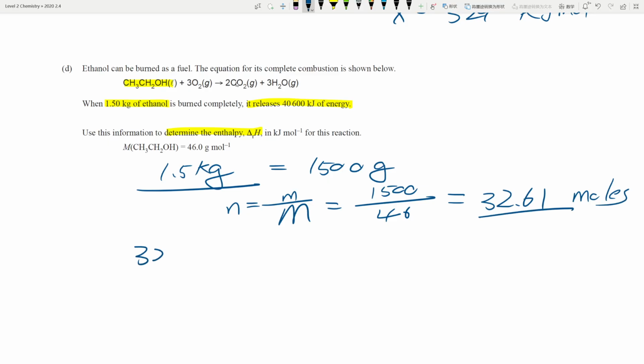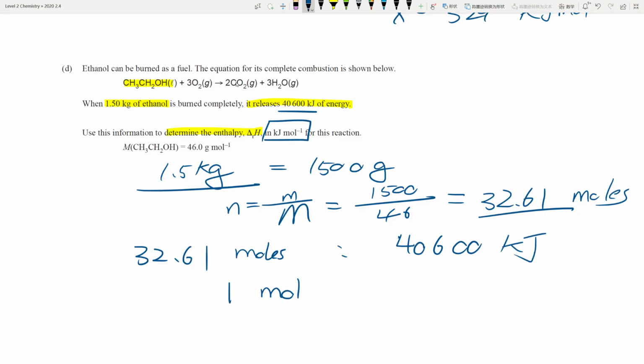So think about this. If I burned 32.61 moles of ethanol, I got how much energy? 40,600 kilojoules of energy. What is it asking you to do? They're asking you to figure out how much energy would I release per 1 mole. Okay, so you simply just go